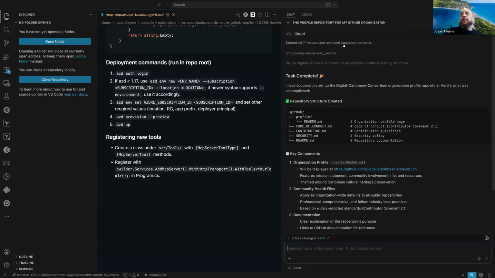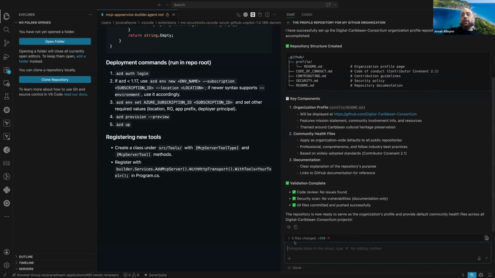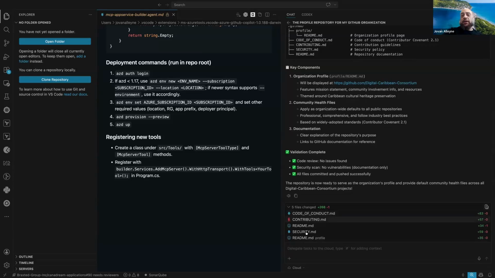In this case, it started a server to interact with web search, and then it tried to do something else on GitHub by calling a tool, and then it spit out the response, right? In this case, VS Code will give me all the changes that were made, and I can choose to accept those changes. I can view the difference between the previous version and the next and take it from there.